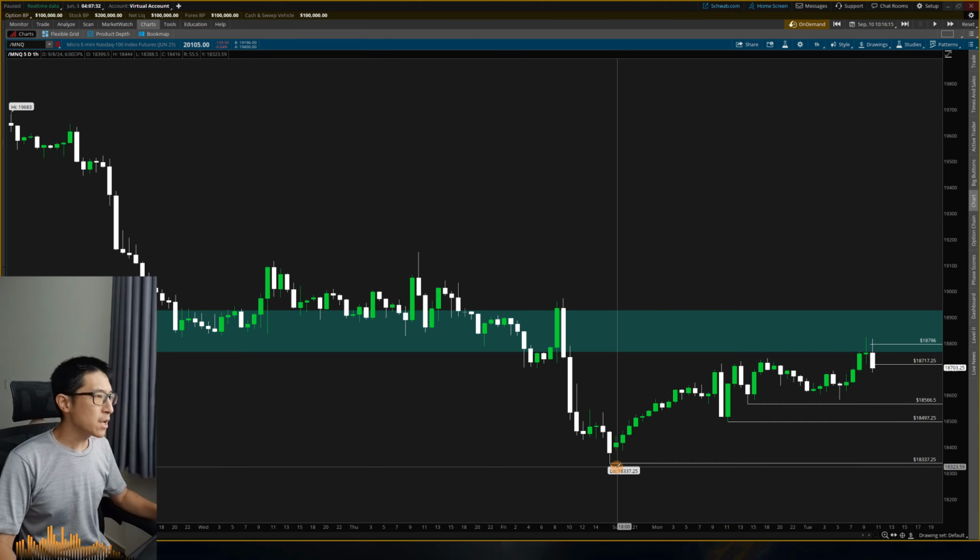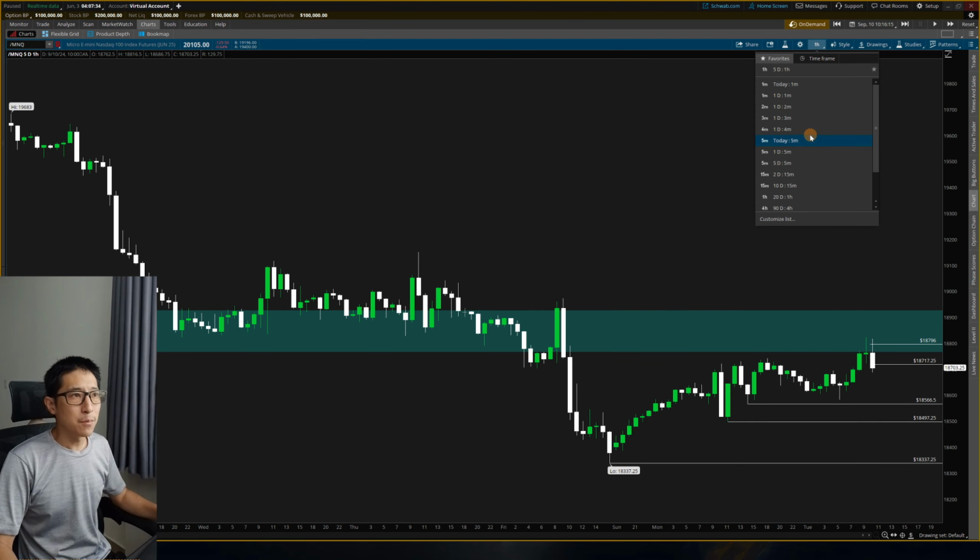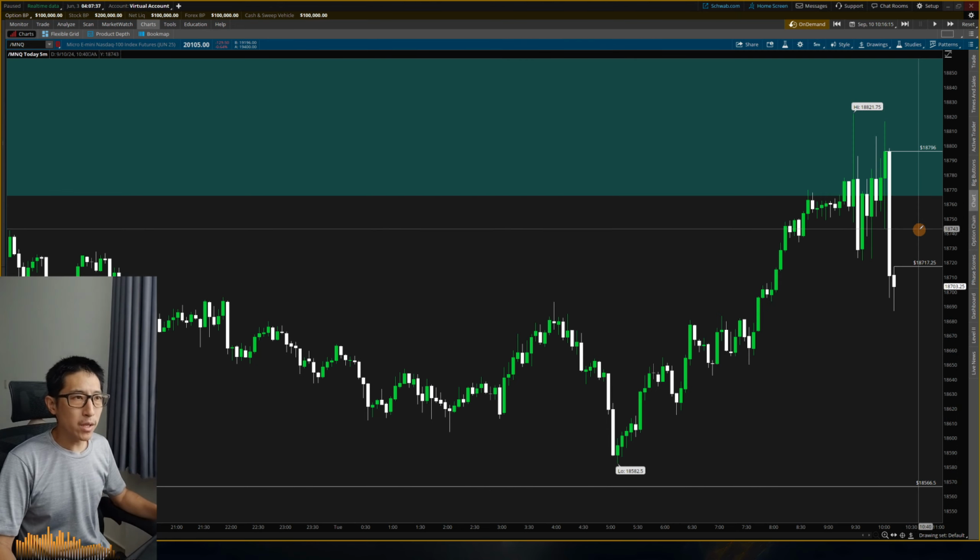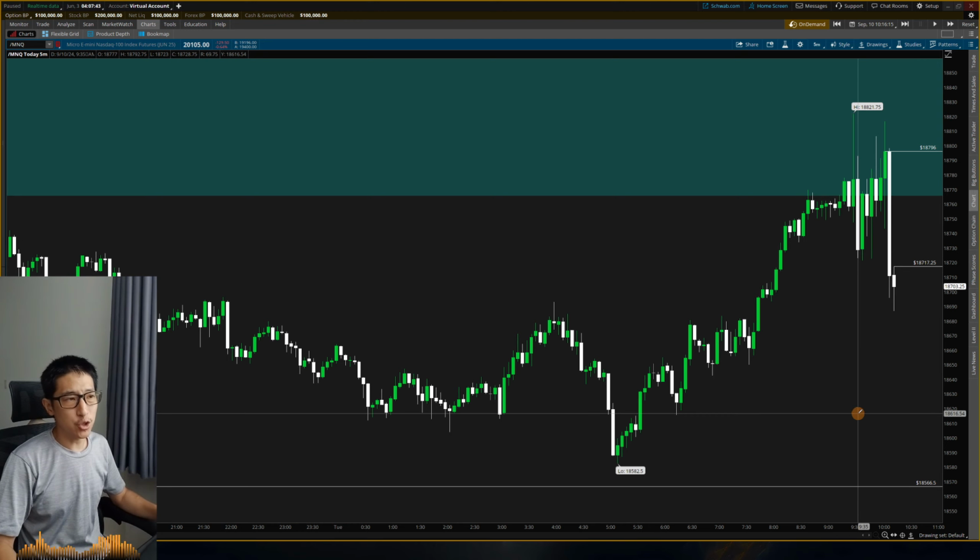This one, a little ambitious, but it can still happen. But my point being is, even though it is 80 points of risk, dollar amount, yes, that's a lot of risk. But in terms of the structure, you have a lot of reward to risk. So you could do it. It's really up to your risk tolerance.